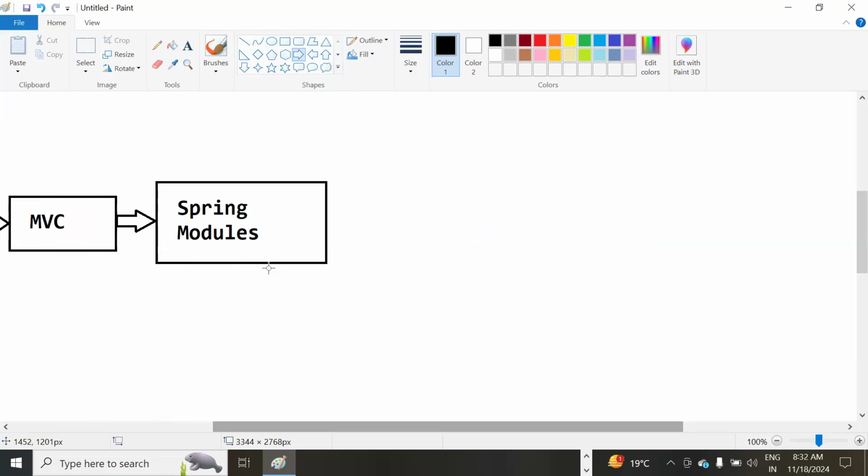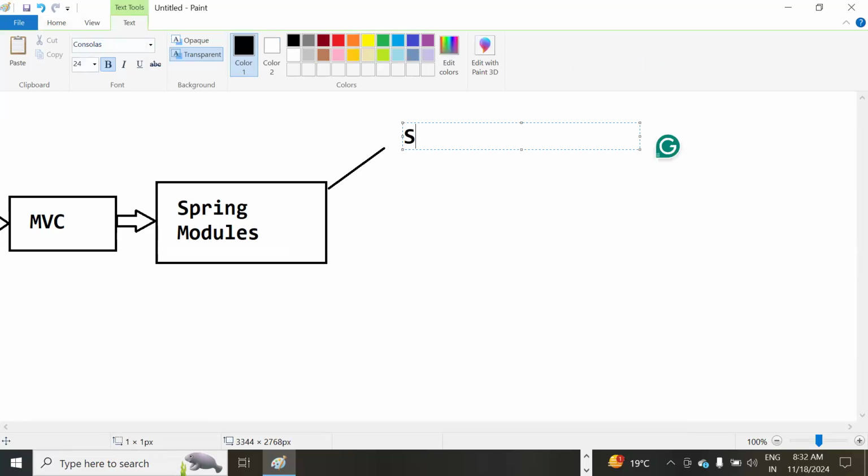Now we need to explore each module from Spring. As I said, the most important module from Spring is the Spring Core module. Here we will learn in the Spring Core module